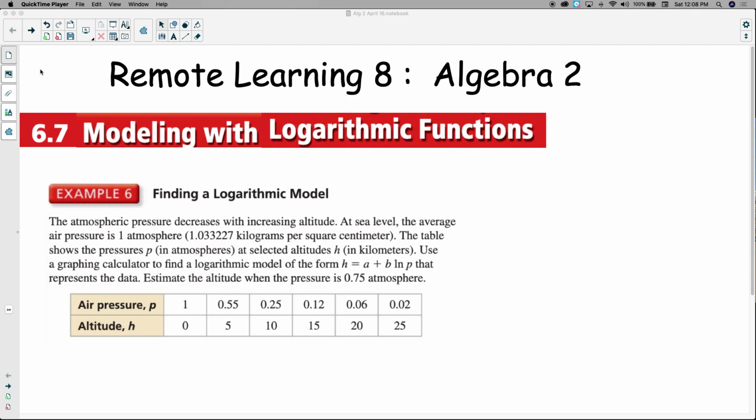Okay, welcome to Remote Learning 8, and we're going to cover some things that we didn't cover in section 6.7 during Remote Learning 7, where I spent the entire time talking about modeling exponential functions, but we didn't get to modeling the logarithmic function. Now, regarding the exponential function, we saw that there are quite a few ways to do it,